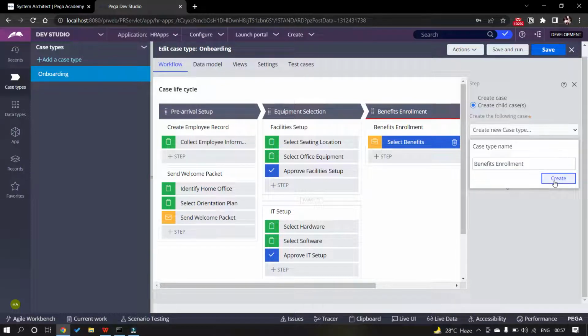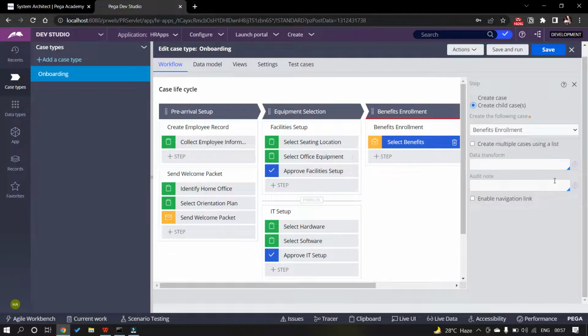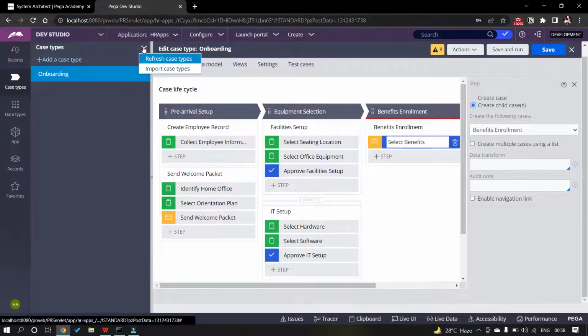Create, and I don't have to select this since I'm not creating multiple cases of benefits enrollment. I'll just click on save. So my benefits enrollment child case of onboarding case type has been created,